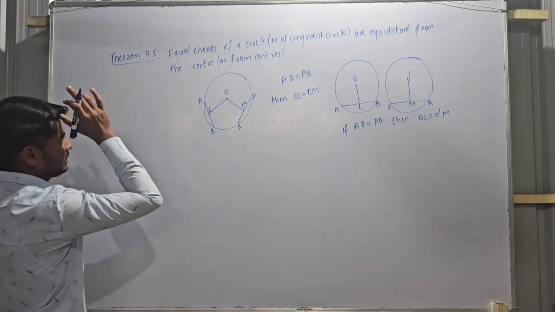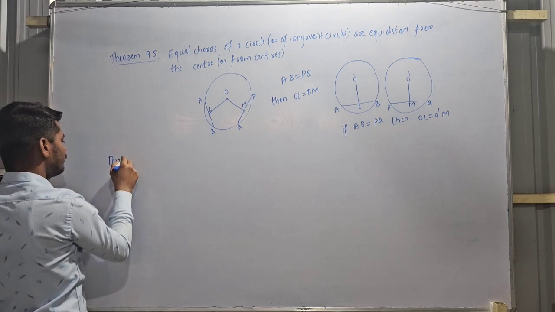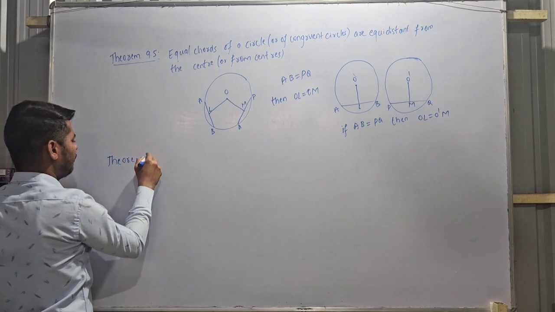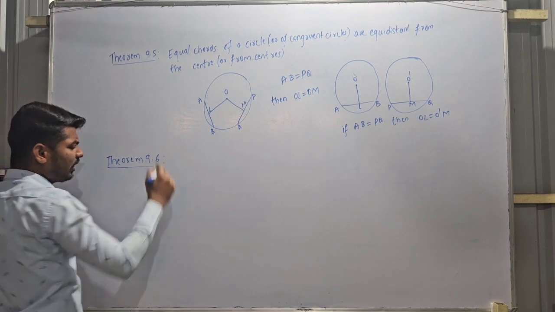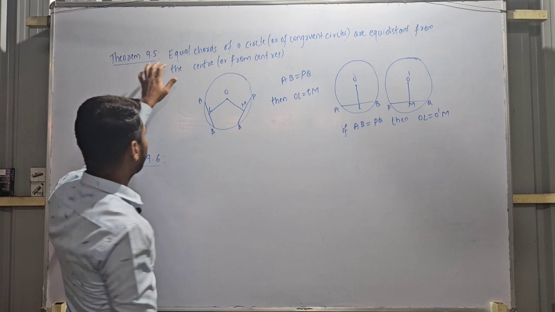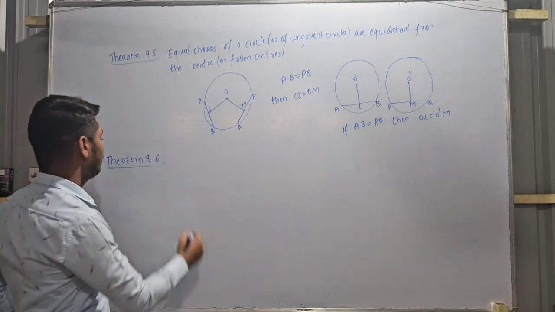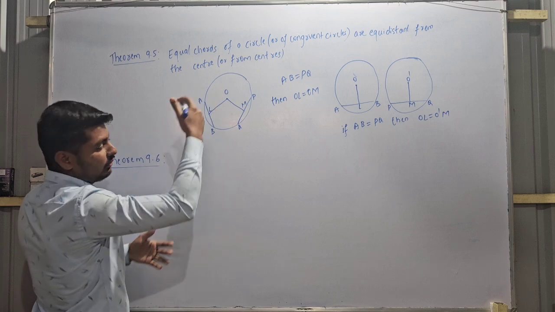This is the statement of theorem number 9.5. Now we will have theorem 9.6. What is theorem 9.6 statement? Here we have taken that equal chords of a circle are equidistant from the center. The converse of this statement we will take, that is